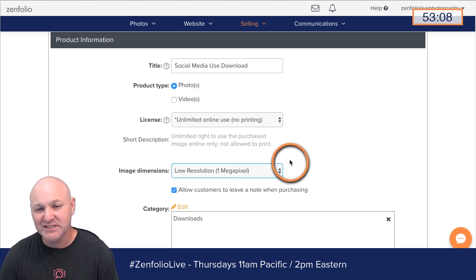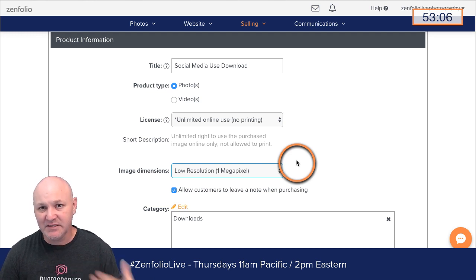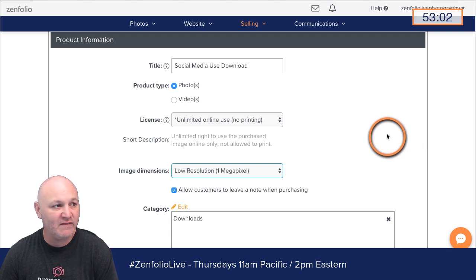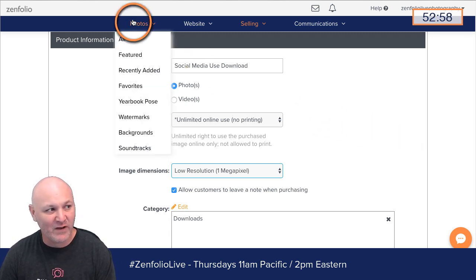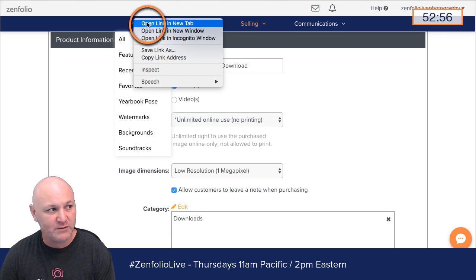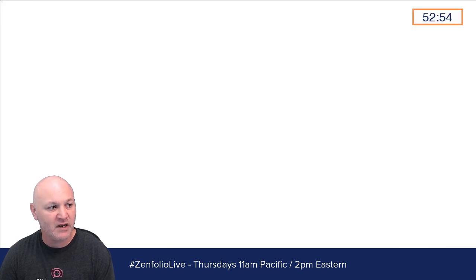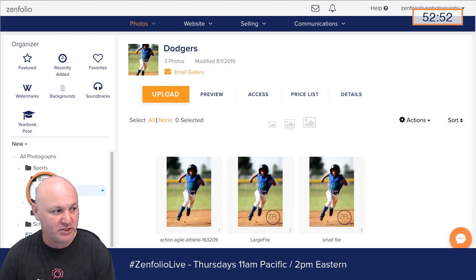Well, you need to take the dimensions of your file, multiply them together, and divide by 1 million. So if I open up my photos page here really quick and grab an image, let me show you right here.